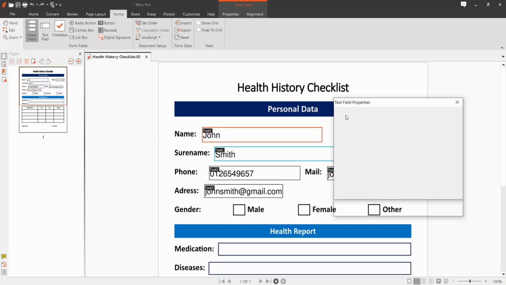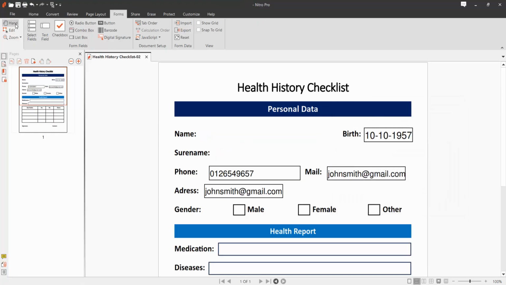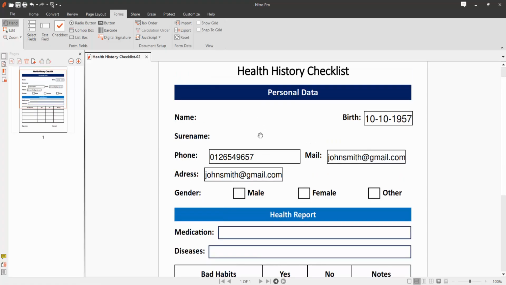Go to this General option and here you will find this Form Field option. This is Visible. Click on this down arrow and simply make it Hidden, and select Close, and select the Hand option and see this fillable text box is now hidden. And finally select this File